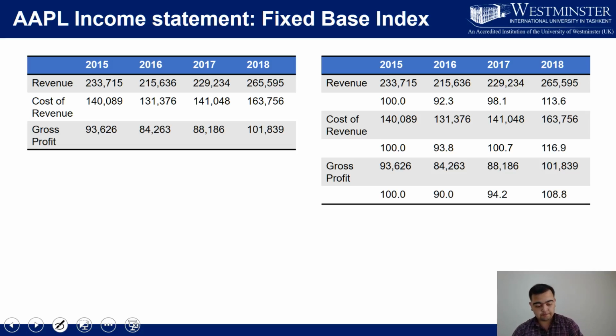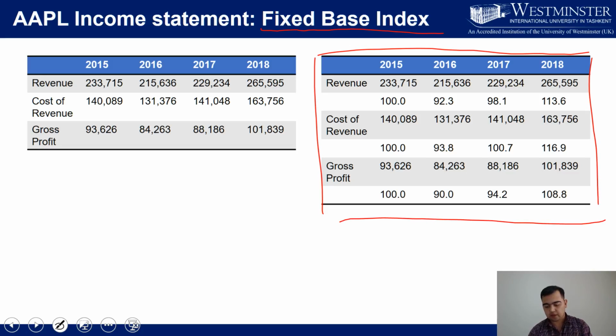Now, first, what we're going to try is to construct a fixed base index. Okay, so let's look at the right table. Again, we have the same numbers, the same revenue, the same cost of revenue, and the gross profits for individual years, from 2015 to 2018. Now, what we're going to do is,